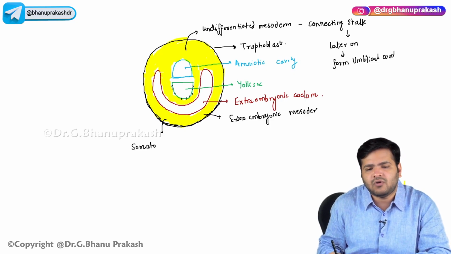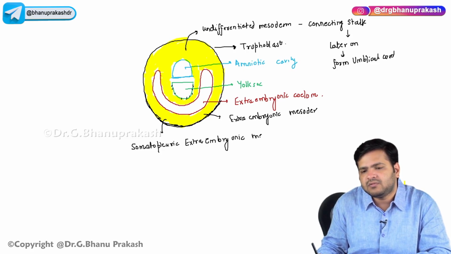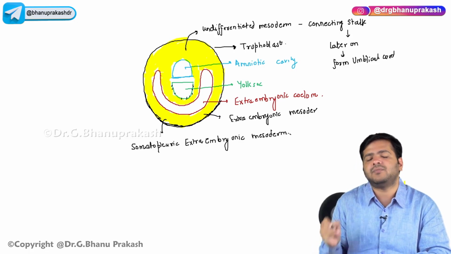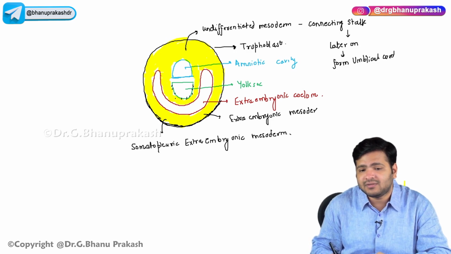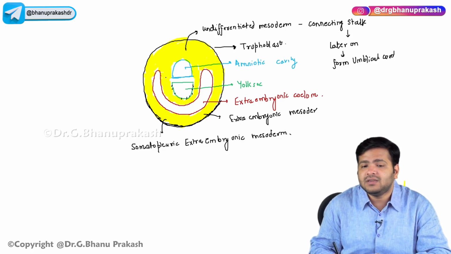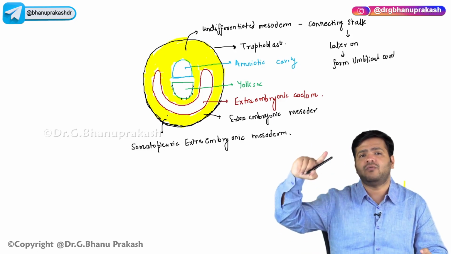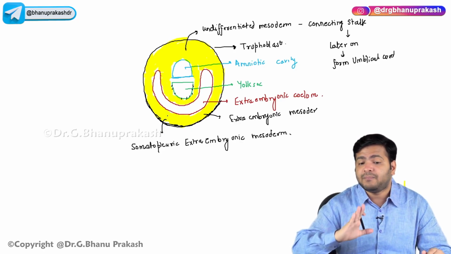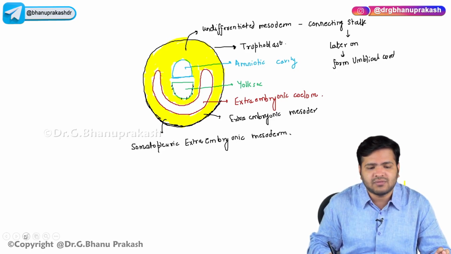Somato का मतलब ही क्या होता है? Body wall, right? Somatopleuric extraembryonic mesoderm, extraembryonic mesoderm, right? Somatopleuric extraembryonic mesoderm. And the one which is towards the embryoblast or towards the yolk sac specifically, देखो mesoderm जो अंदर की तरफ है, one which is outside this extraembryonic coelom, it is the somatopleuric which is all over present towards the body wall. But the one which is towards the yolk sac, specifically beta I am using the term yolk sac